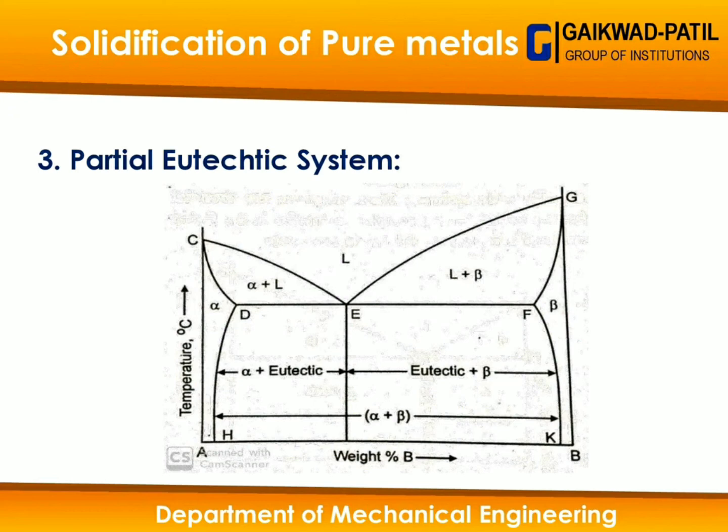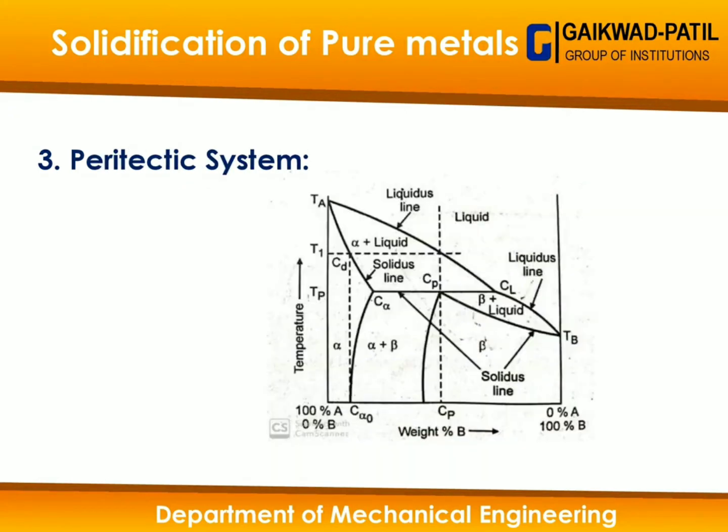Now, the peritectic system. The peritectic system we call a very initial or primitive system, or old system. Basically, it occurs when solidification gets started. So here we intentionally select two metals having a wide melting temperature difference, like metal A having a very high temperature and metal B having a very low melting temperature.